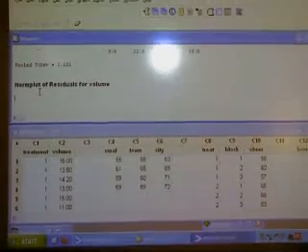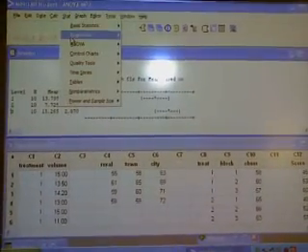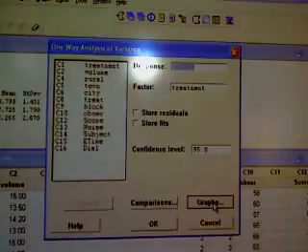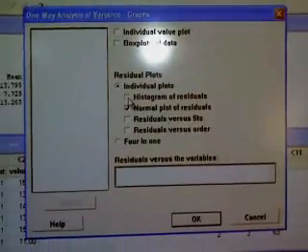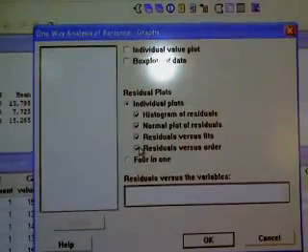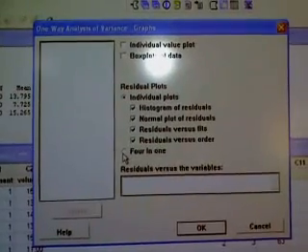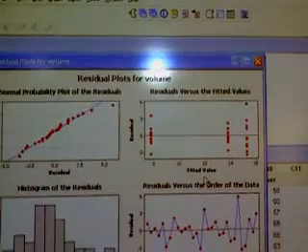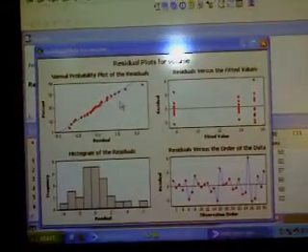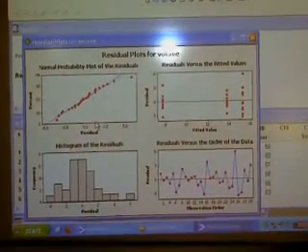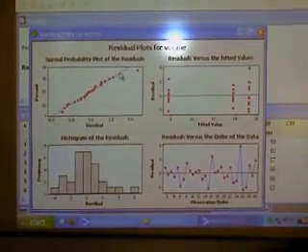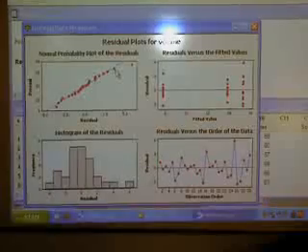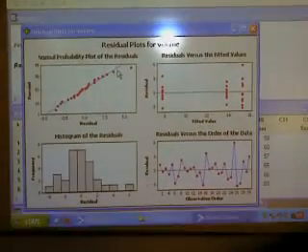It's clear. And also if you want to plot the residual plots, everything, you just see here Graph, whatever you want: histogram, residuals. If you want all four plots in one, then you click this four in one. Okay. Now you see, this is the normal probability plot. So all the observations are normally distributed. You see, all the observations lie on this line, very near to this line. That's why it's normally distributed.